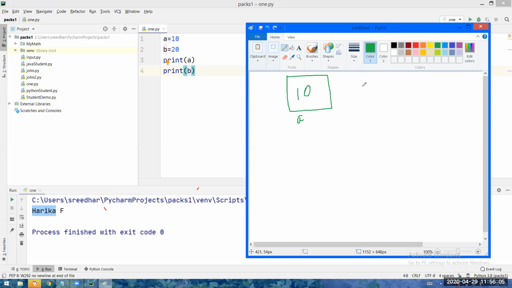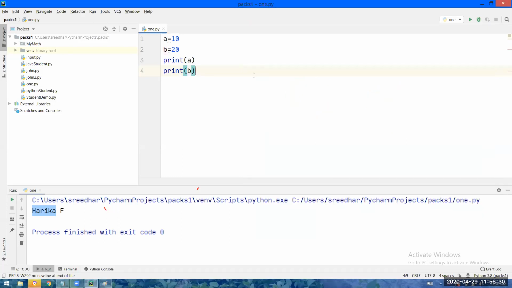Then one more free cell will be chosen, name B will be taken for that, and 20 will be stored in that. Every cell will have a unique address. I already told this point. Let us say the address of A is 1001 and the address of B is 1002. Now, please tell me what is the output of this code. If I execute this code, what is the output?